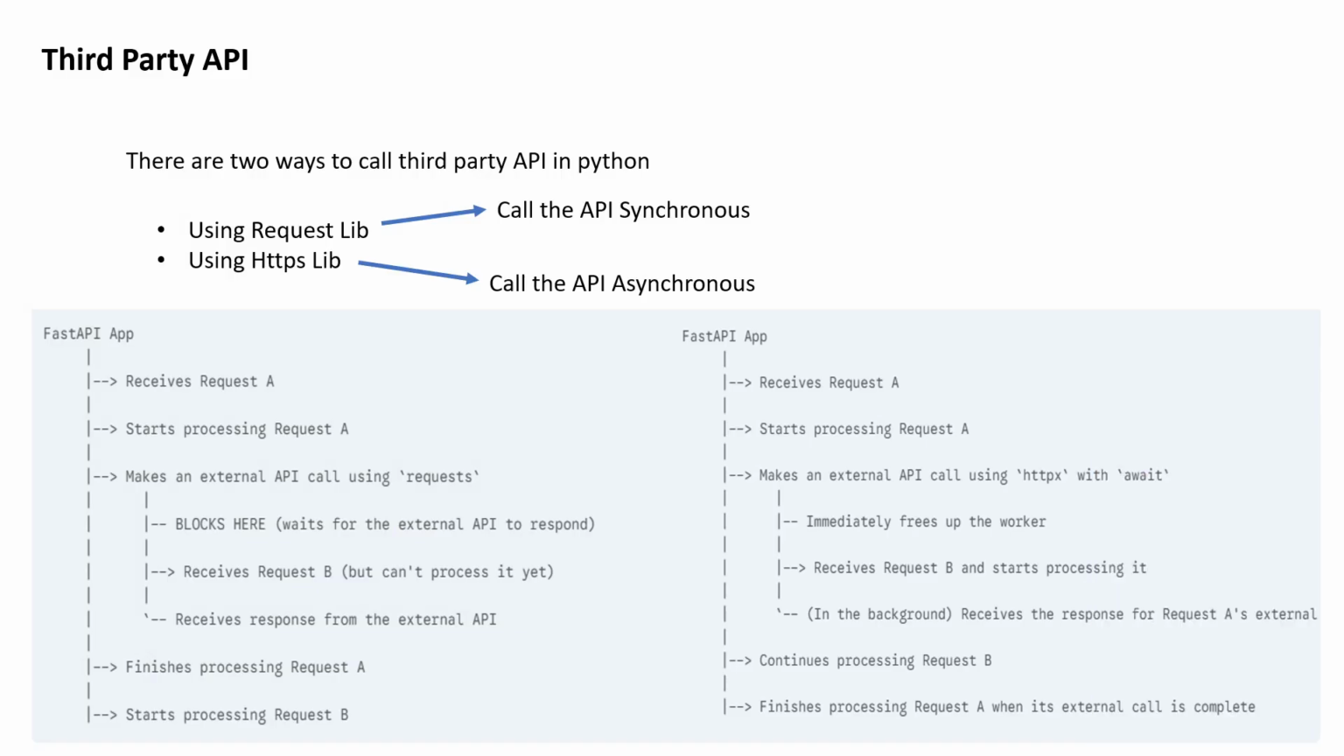Using HTTPX, when request A comes, it will go and make the call with await. The async method will do the await with HTTPX. This await and async, these two keywords make your API asynchronous. So async and await combined create the API call to your third-party API, and it will wait whether